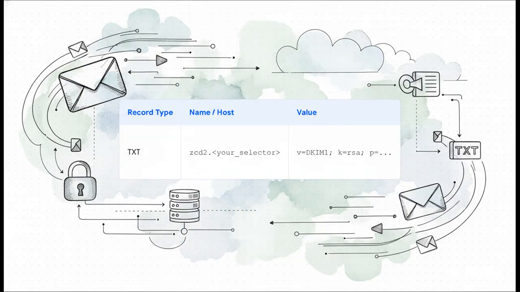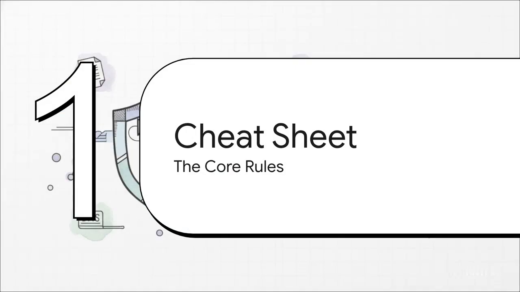And then you literally just rinse and repeat for that second required DKIM record. Another new TXT record with its own unique host and value from Desk. And once you save that, that's it. You're done. All the technical stuff is officially finished. I know, that was a bunch of techie stuff flying at you, so let's just boil it all down into a super simple cheat sheet with the core rules you absolutely need to remember.